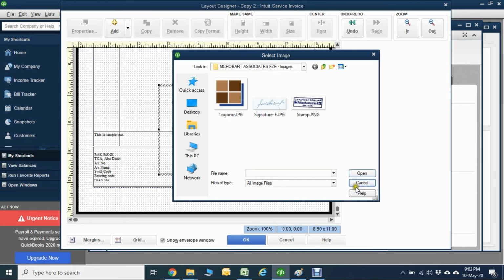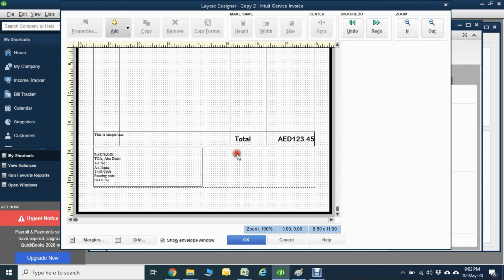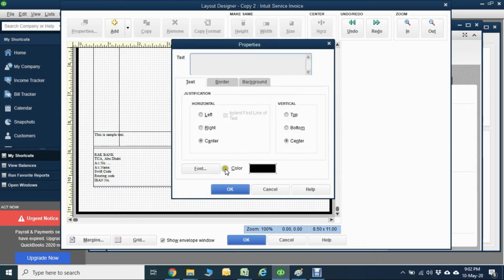Okay, then before that you need to put your company name here. If you add the text box here, let's say your company name. Let's say ABC Middle East LLC.